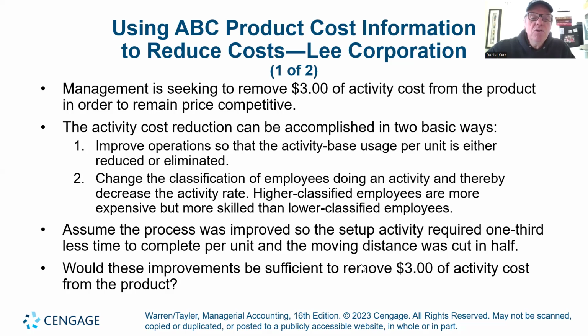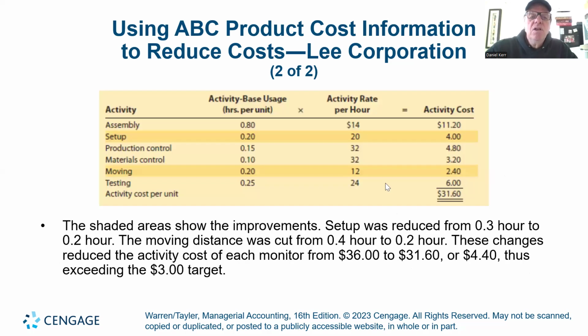All right. So assume that the process was improved so that the activity required 1/3 less time. So we cut the activity time by 1/3, so whatever it was before, it's now 2/3. And the moving distance was cut in half. And would these improvements be sufficient to remove $3 of activity costs from the product? Okay, so you look here in terms of the two that are highlighted here. So setup